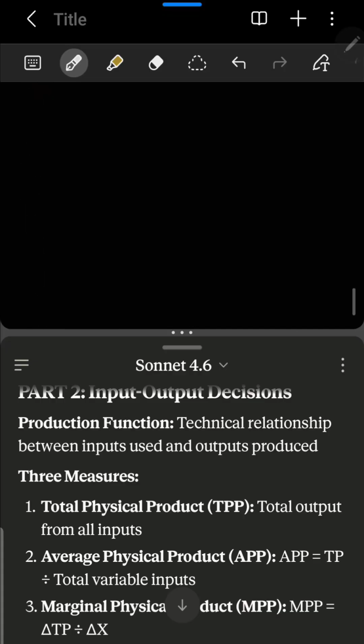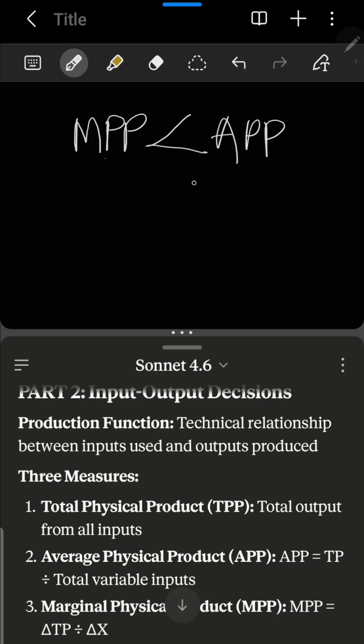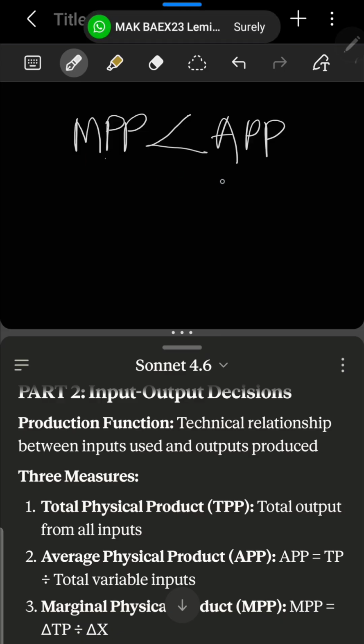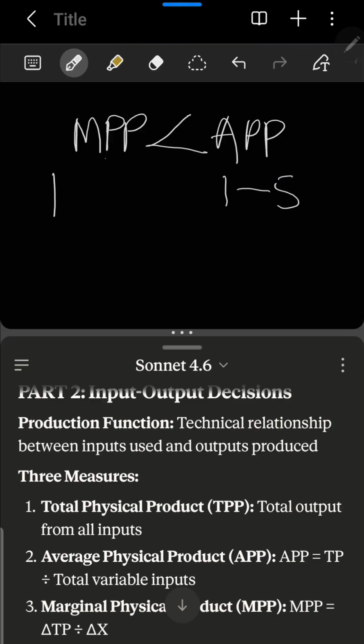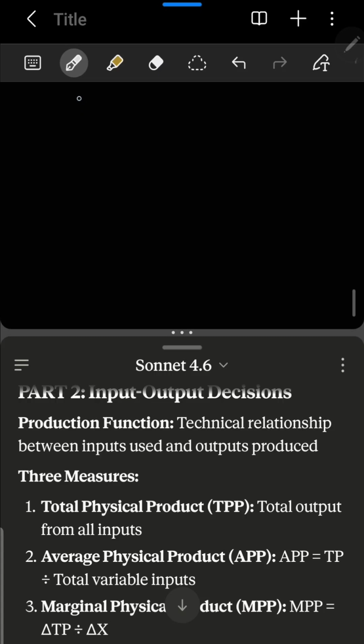Now, the second scenario, we have the marginal physical product being less than the average physical product. You notice that in both cases, the upper one and this one, they are both positive. Marginal physical product is positive and average physical product is positive. So here, maybe at first 1 bag was giving me 5, right? Then suddenly 1 bag is giving me 4. You get that? If we are to illustrate that,